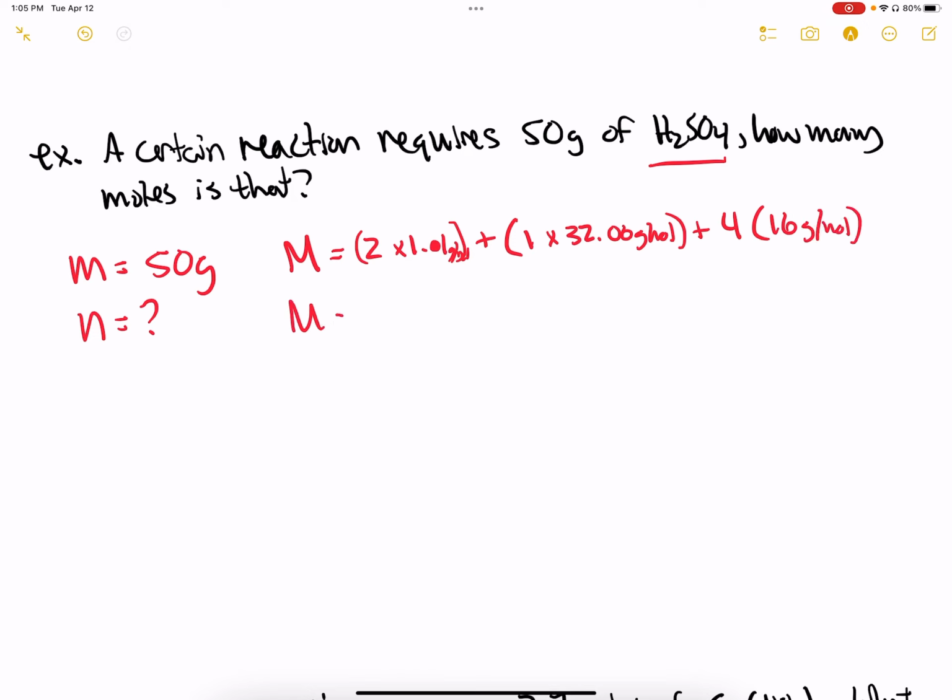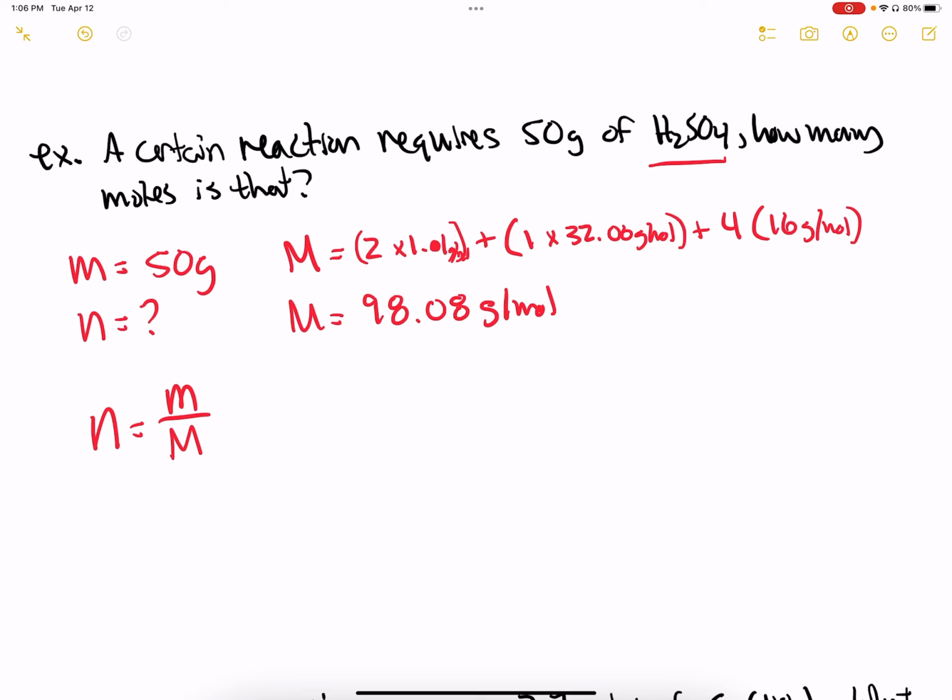Again, I thought this wasn't a big issue on the lab, so just make sure you can do this though, reading these off the periodic table, and we get a total of 98.08 grams per mole. So what that's telling us is, if we put 6.02 times 10 to the 23 H2SO4s on a scale, it would read 98.08 grams. So now we want to use our formula to figure out the number of moles,